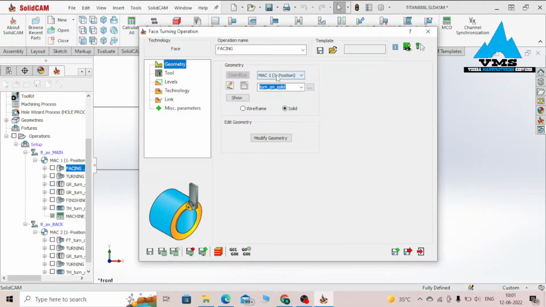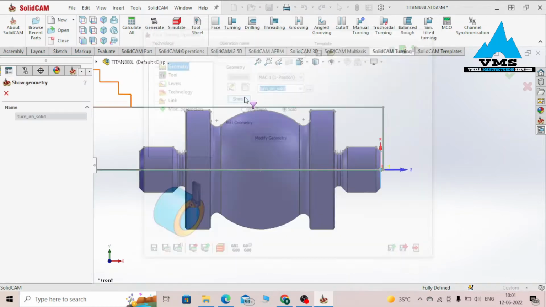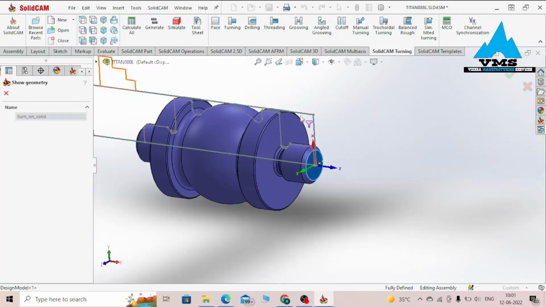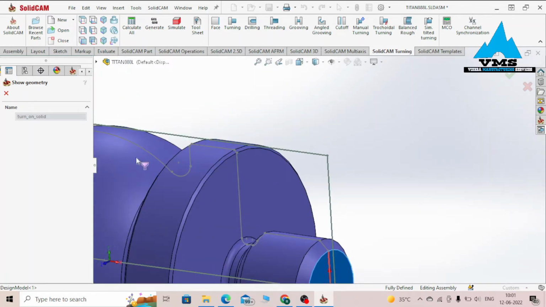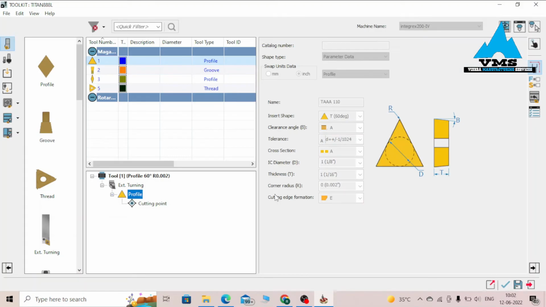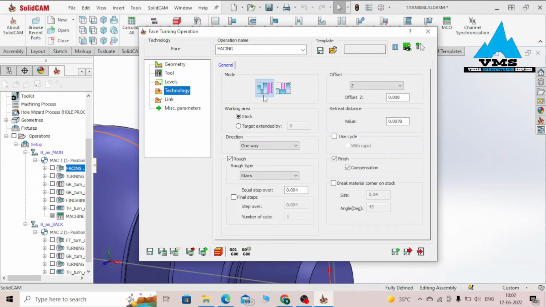we are working with Mark 1 show geometry. As our geometry, we got this face or simply this line, making sure that we are moving from the outward diameter to the center. As tool, we are using an external tool of angle 60 degrees. Go for the green check. Technology, we are using front, and we are equally using a roughing pass with a finishing pass with compensation on. Looking at the simulation,